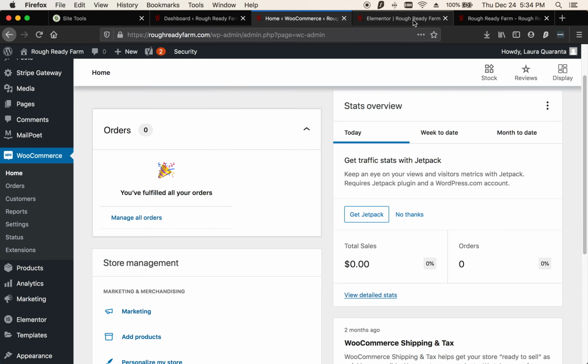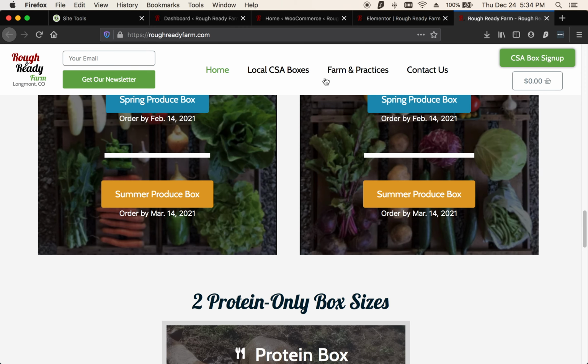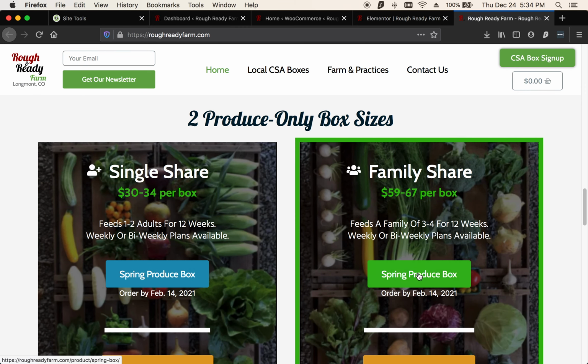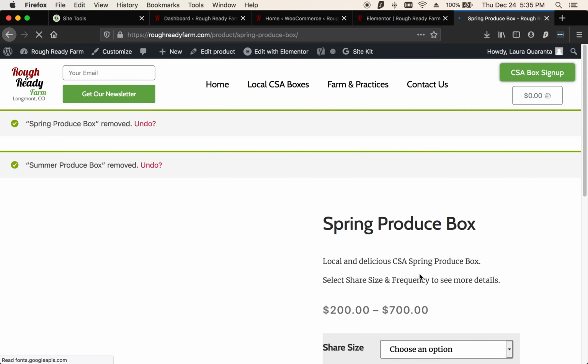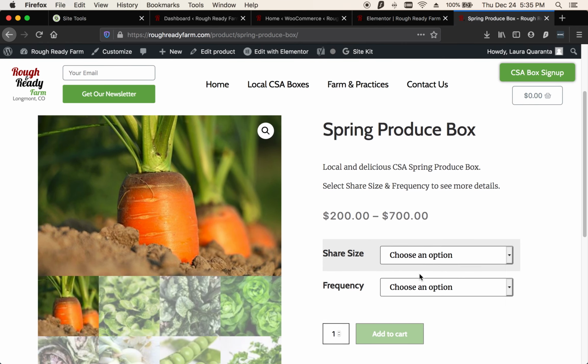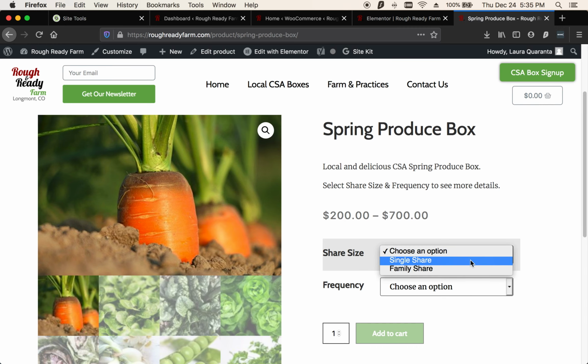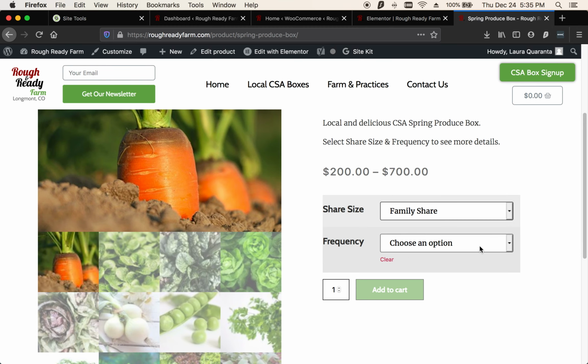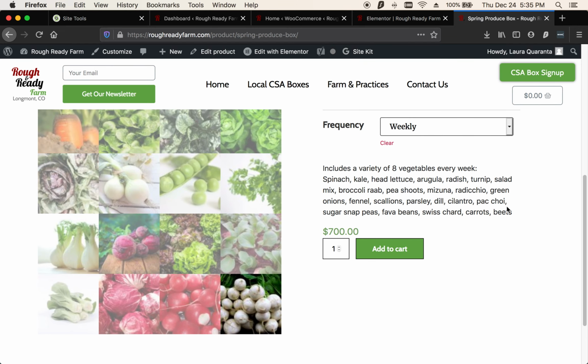So to wrap things up here, let's jump into, for example, a product. We're looking at the spring produce box right now, and we were showing people on the previous page that they can get either a single share or a family share. Let's say someone wants a family share, and let's say the frequency they want it delivered at is every week. Now here's some additional information that pops up, and the price, the quantity, and the add to cart button. Just click add to cart,